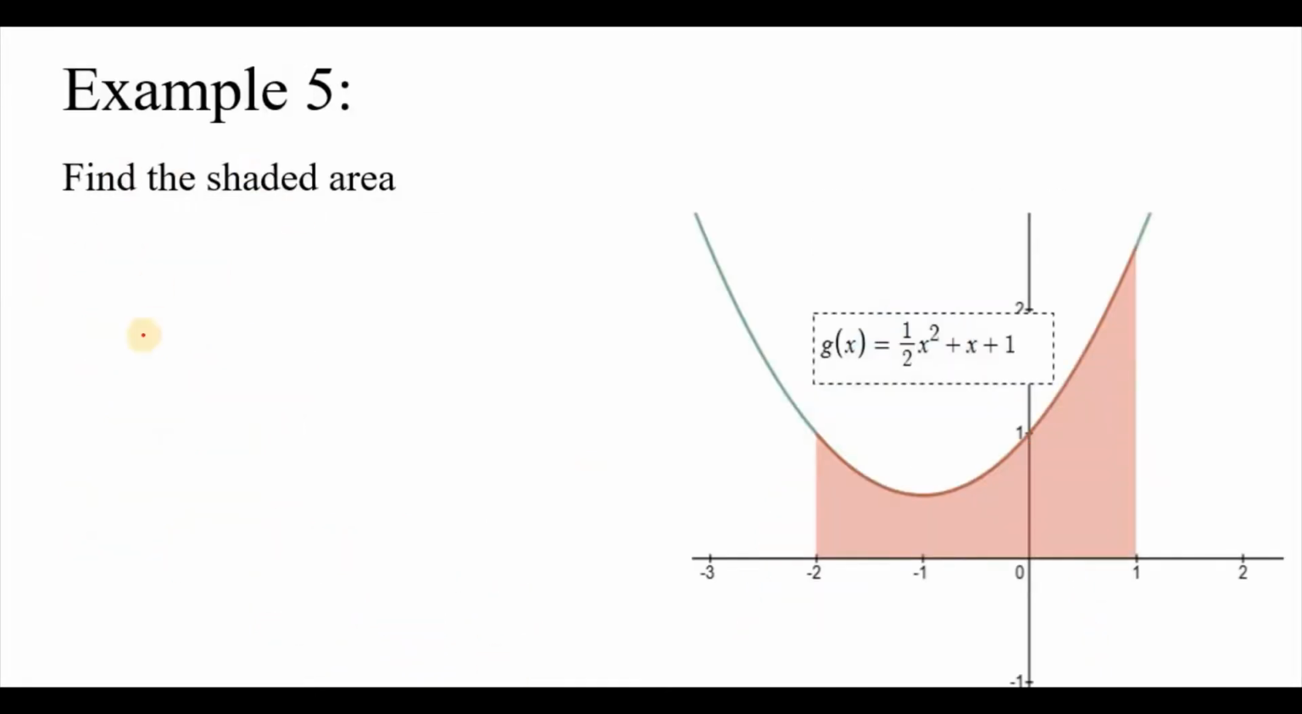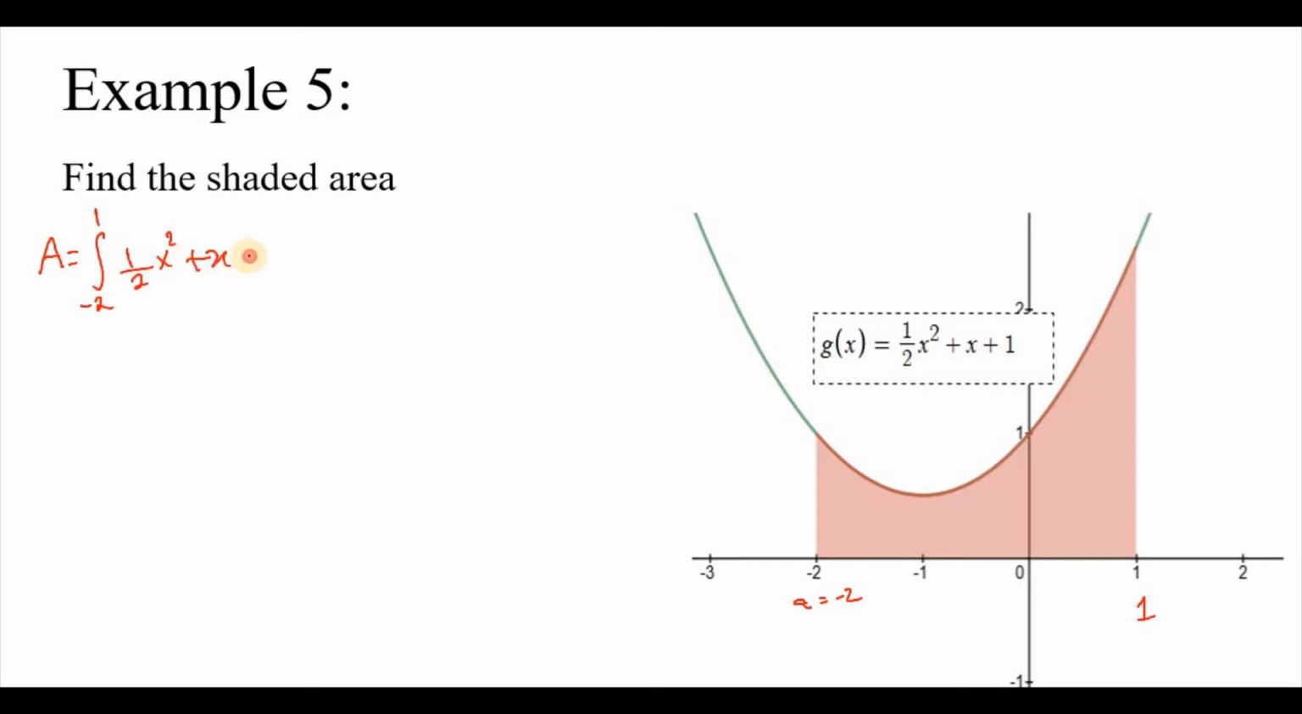Here's another example. We want to find the shaded area. So to find the shaded area, we need to determine a and b. A clearly is equal to -2, so a is equal to -2. B is equal to 1, and we have the function g of x. If we integrate the function g of x from -2 to 1, we're going to get the area under the curve. So the area under the curve is equal to the integration from -2 to 1 of the function 1/2 x